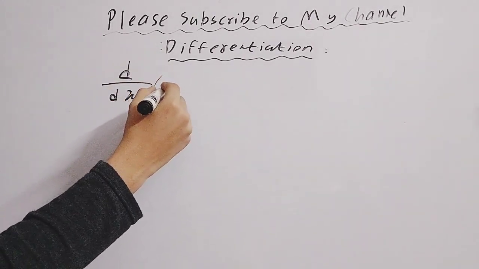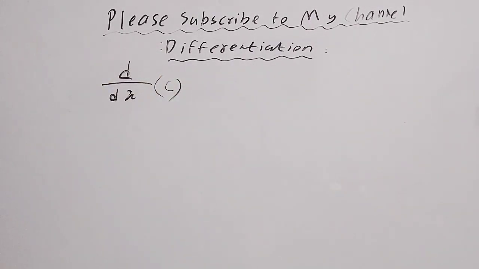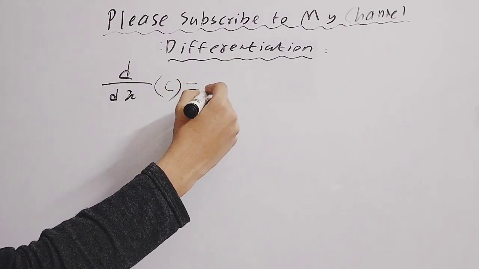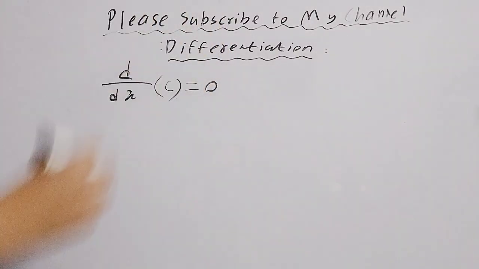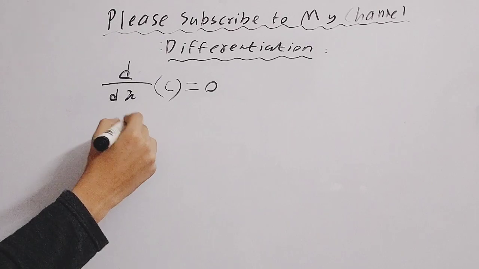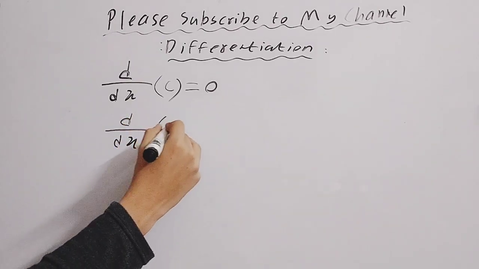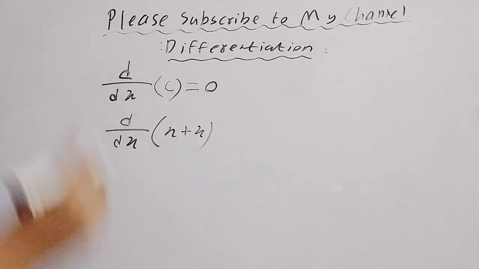The differentiation of a constant, a constant is any number like 1, 2, 3, 4, 5, pi, e, any constant number. The differentiation of any constant number is always 0. Keep that in mind. And if you have a function like differentiation of x plus x, you can write it